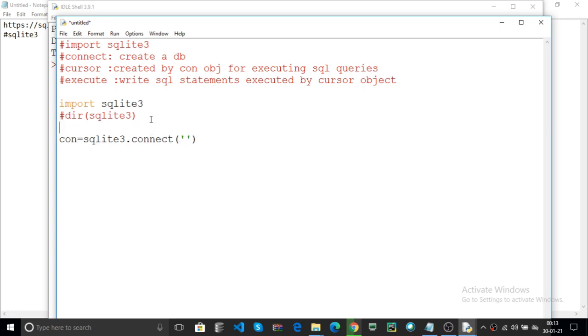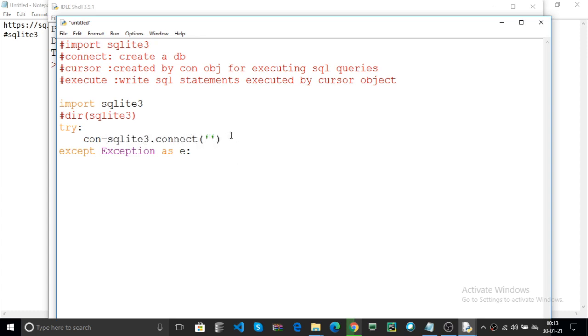Now, at the time of creating a connection, I use the try and except block. Here you can follow the indentation spaces. Exception as e. Why am I using try and except? If at connection time there is any error in creating your database.